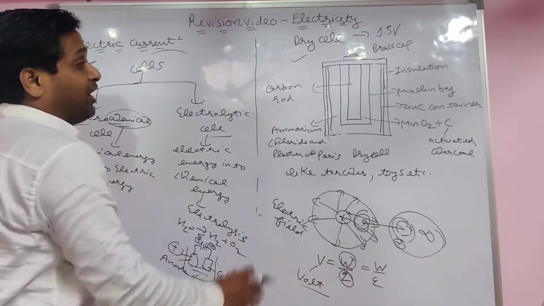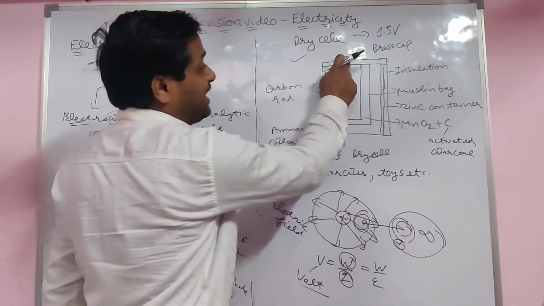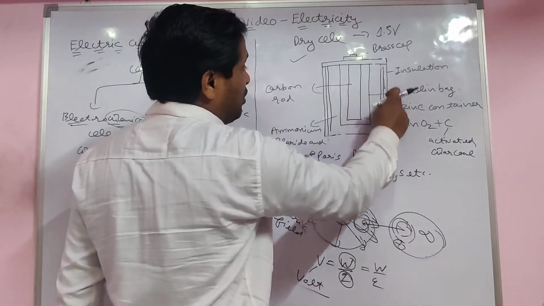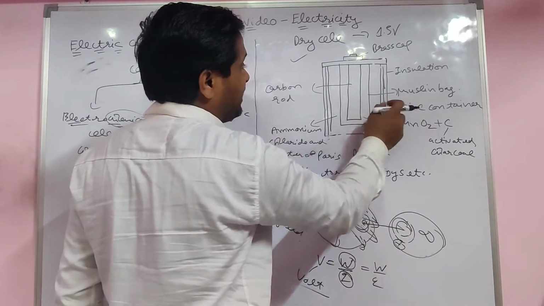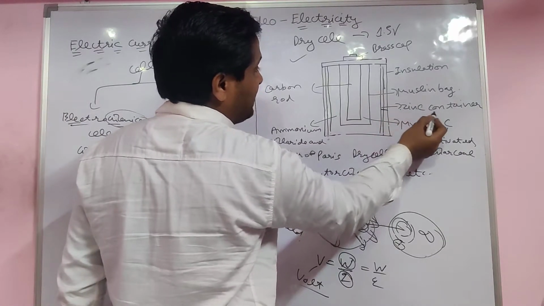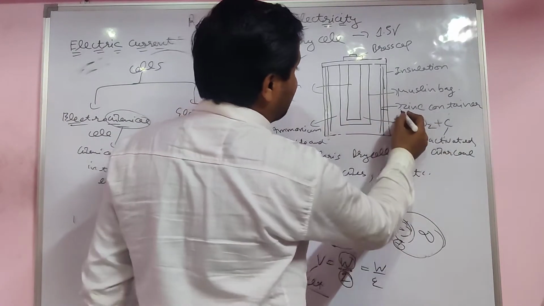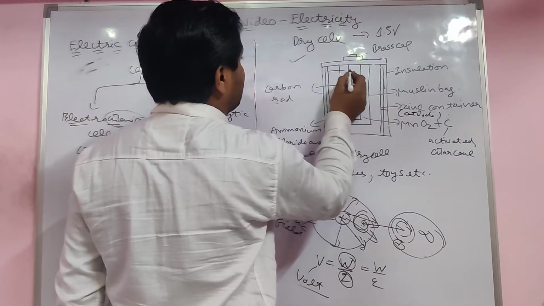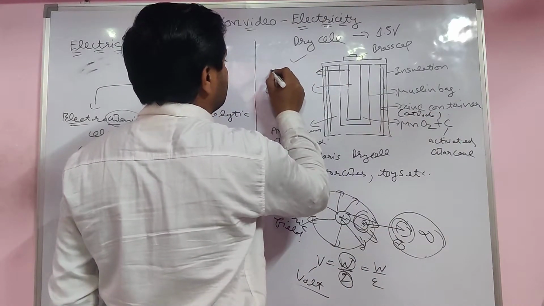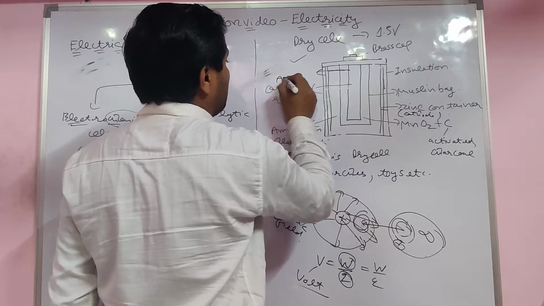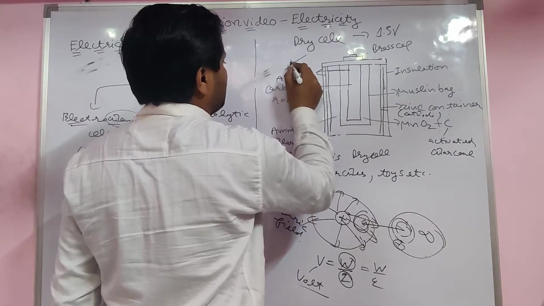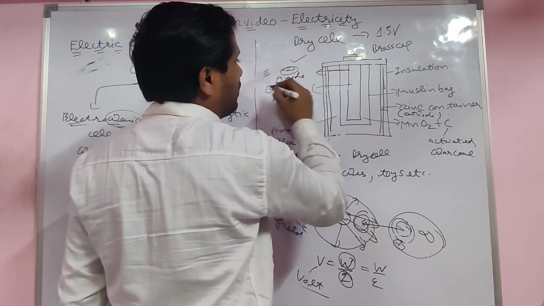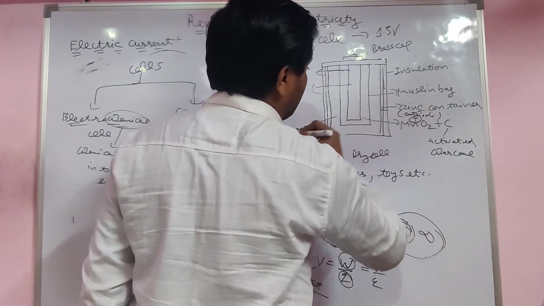Now this comes to the dry cell. See there, here a brass cap is there. See the construction. Outside, insulation of iron is there. And inside, the zinc container is there. That acts as a cathode, and inside the carbon electrode is there. That acts as anode. But in an electrochemical cell, anode is negative and cathode is positive, student.